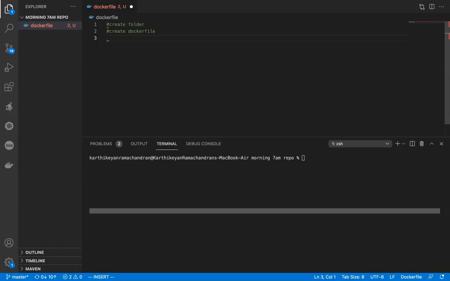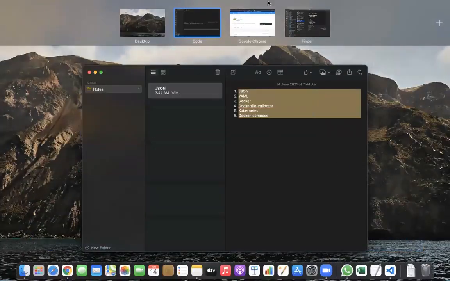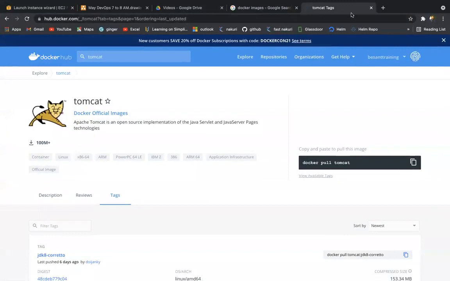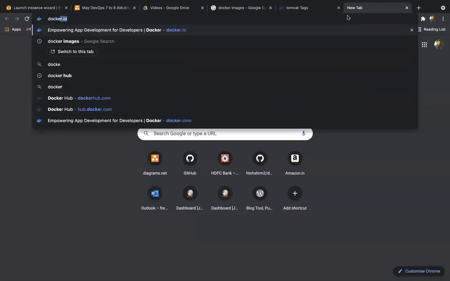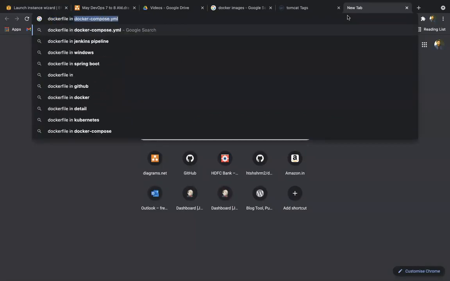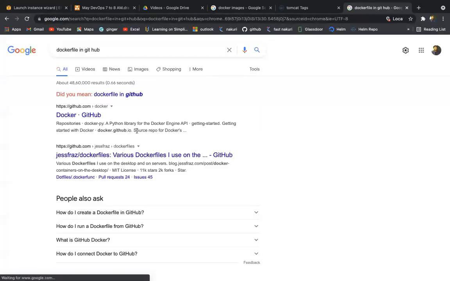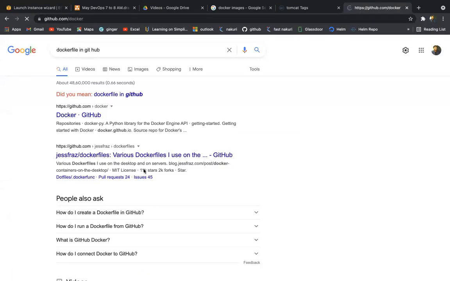So when Jenkins is triggering the CI and CD pipeline, the Docker file has to be in GitHub. Once the Docker file is in GitHub, you can see that. I'll show you most of the applications. You can see the Docker file should be in GitHub. I will show you the Docker file in GitHub. You can see any applications, if they want to deploy, they used to